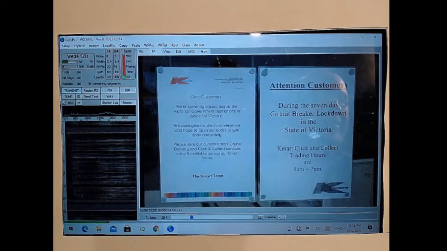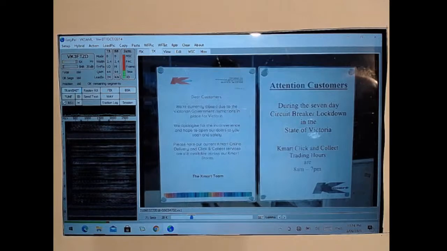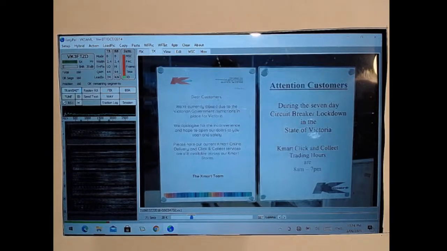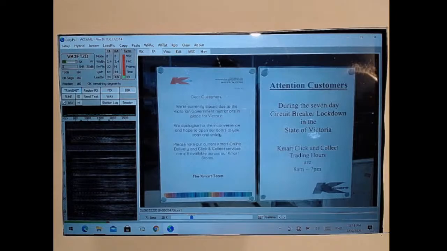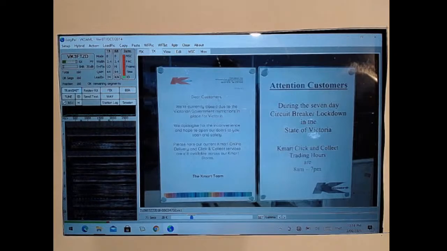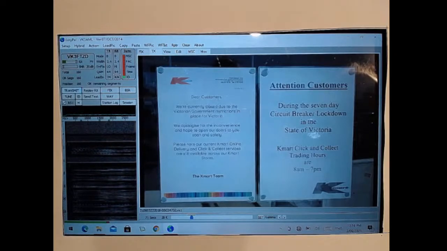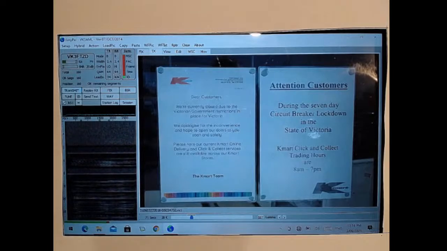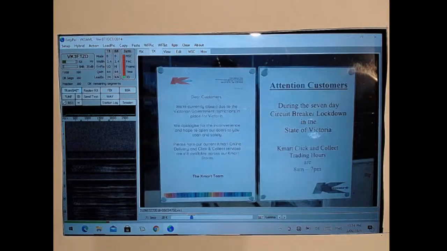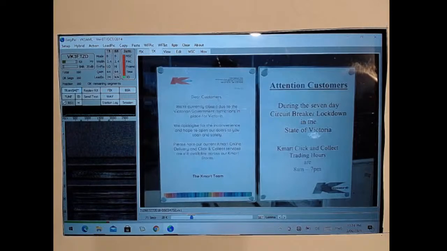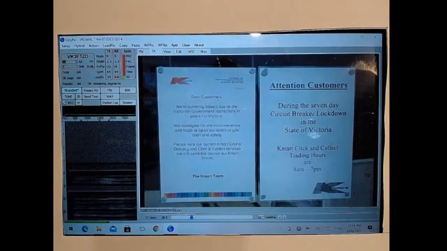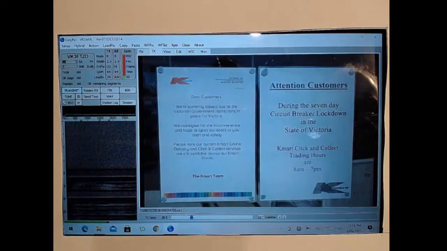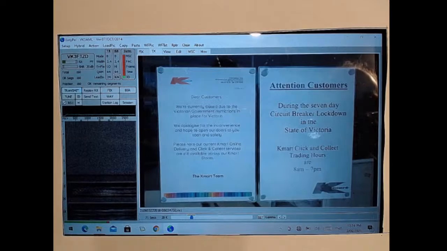True. VK3AML for comment. Just that this was seen on the front door of Kmart and at a couple of other major distributors. Cash Converters is closed. The travel agents obviously are closed. About two thirds of the shops, all of the food shops are open, but that's about it, as you would expect with a snap lockdown like we've had. Not that I'm saying it's not necessary.